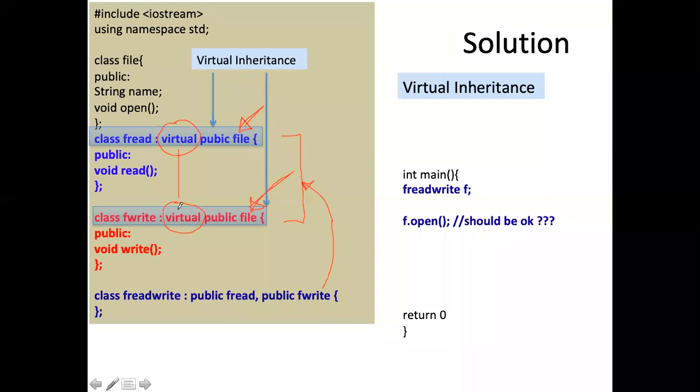ठीक है? So virtual inheritance क्या करेगी? Virtual inheritance ये करेगी कि अब अगर मैं f read write का कोई instance उठाता हूँ और f dot open करता हूँ,